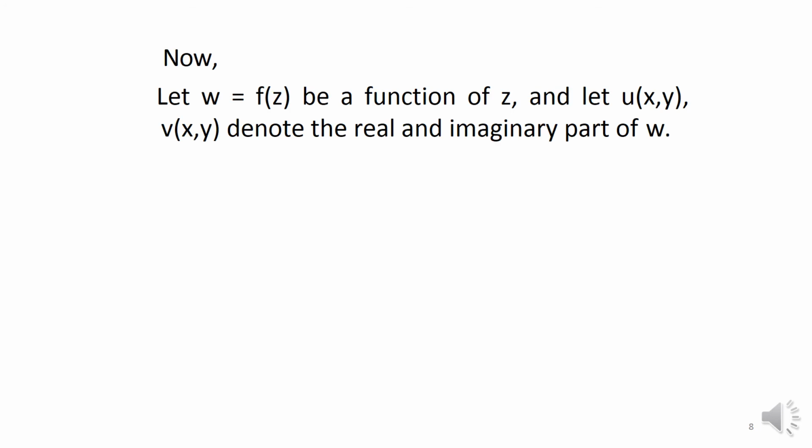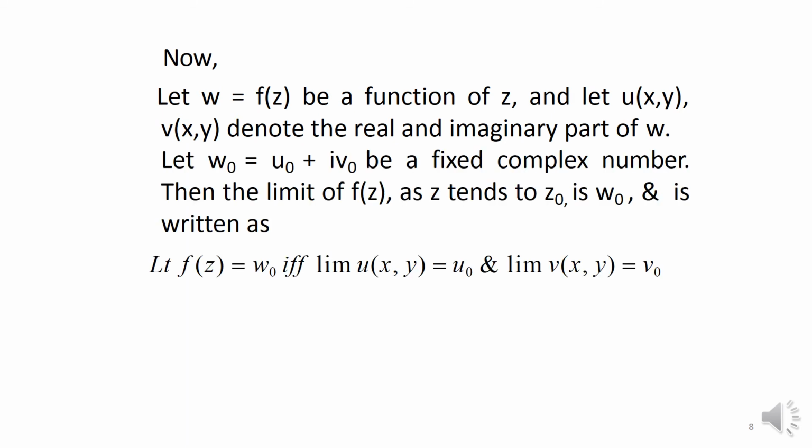So now let W = f(z) be a function of z, which we have seen again and again in the previous slides, and let u(x,y) and v(x,y) denote the real and imaginary part of W, because W is equal to u + iv. Let W0 = u0 + iv0 be a fixed complex number. Then the limit of f(z) as z tends to z0 is W0,